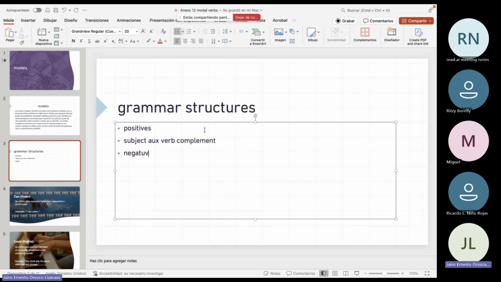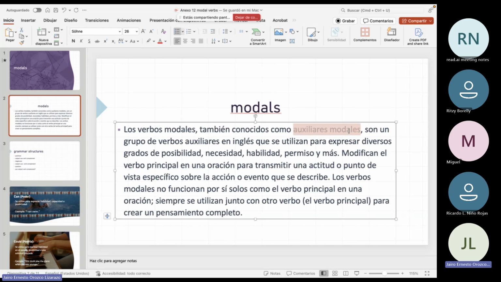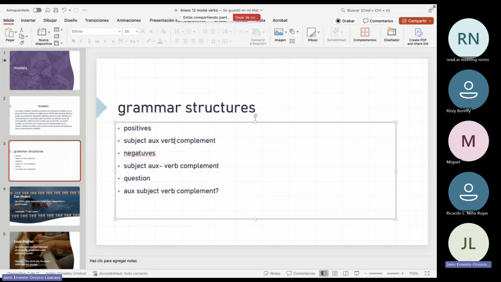For negative, again, subject, auxiliary in negative, verb, and complement. And for question, auxiliary, subject, verb, complement, and interrogation sign. Modal verbs, also known as modal auxiliary or auxiliary verbs, they are called like that because they